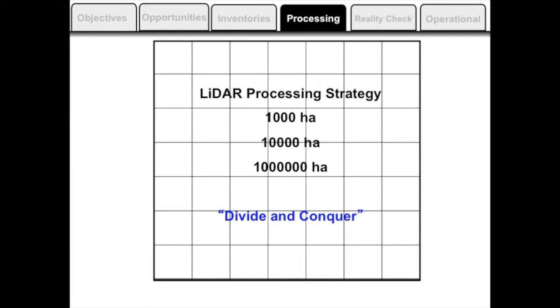I want to quickly talk about this because usually when we talk about LiDAR, there's one big caveat in people's minds. Nobody can afford LiDAR, it's too expensive. That's in Ontario. Alberta is a much better place to come work. The other one is there's so much data we can't work with it. Yes, there's data, but you basically have to take a divide and conquer approach to working with LiDAR data.